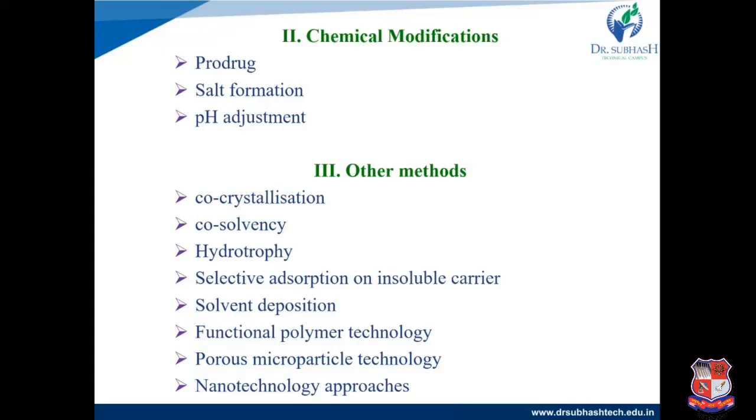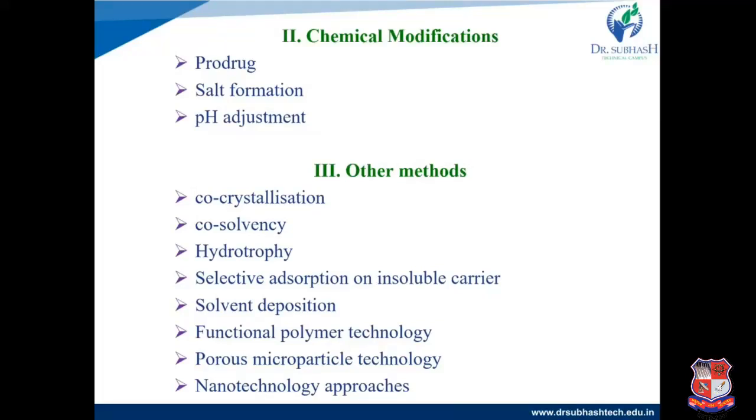Change in the pH. So pH-based solubility dependence is there. If we change the pH, it also alters the solubility of the drug. For organic solutes that are ionizable, if the pH is changed, the ionization also changes. So changing the pH of the system increases the aqueous solubility. In that case we can also use a buffer system. Addition of a buffer maintains the pH of the solution, so that also can be used for improvement in solubility.